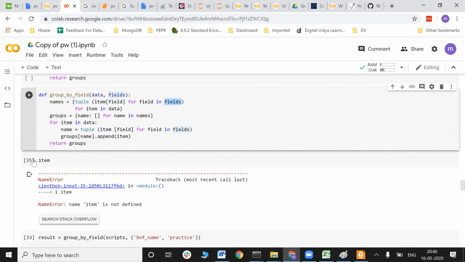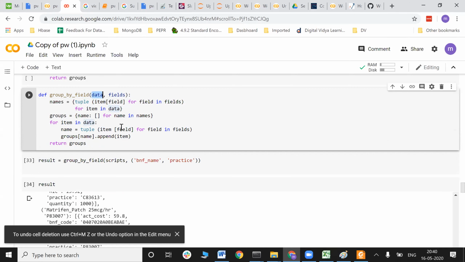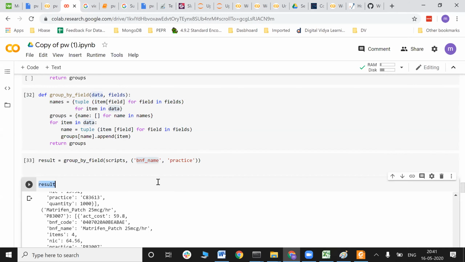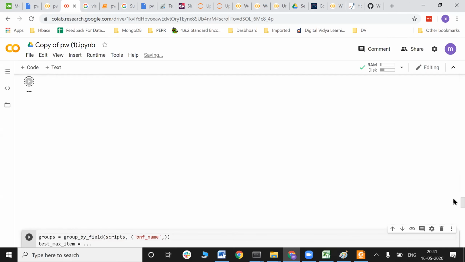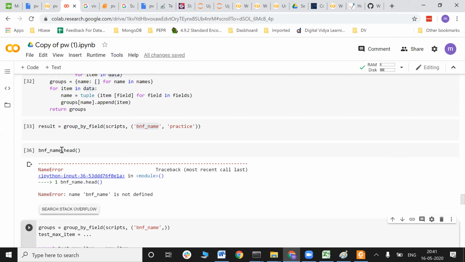So let me check where the data names are mentioned here. For every data, so data is BNF name, and names is item field for fields in field. Okay, here it is. For every item in a data. So data is nothing but my BNF name. Okay, perfect. So this is my data.